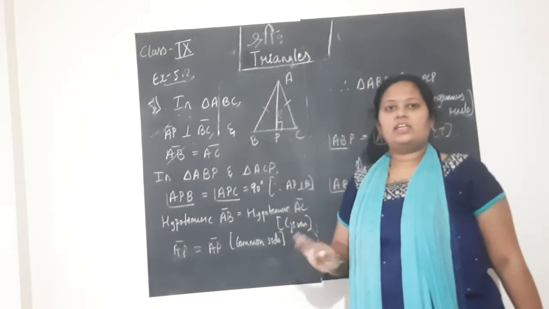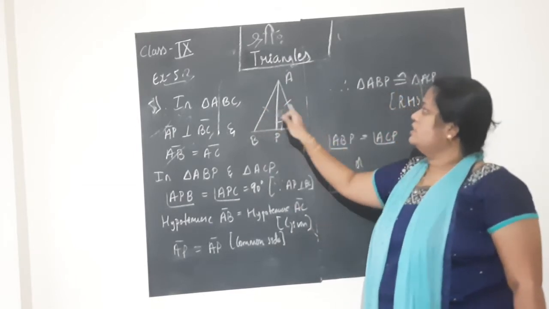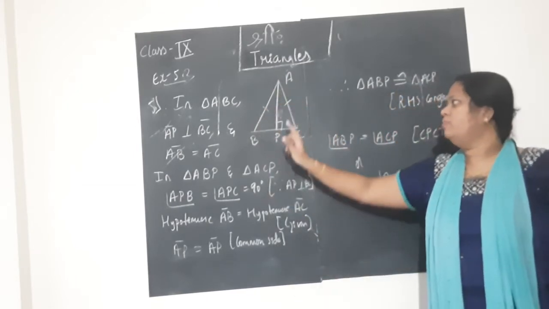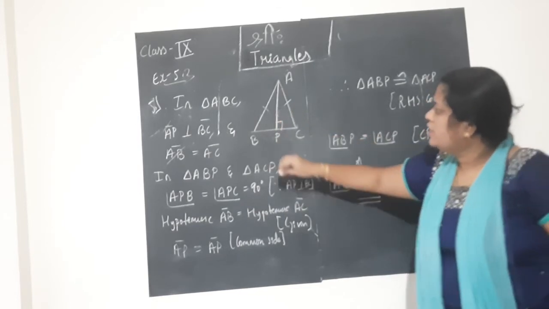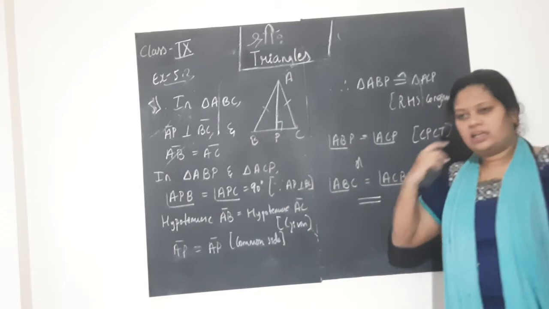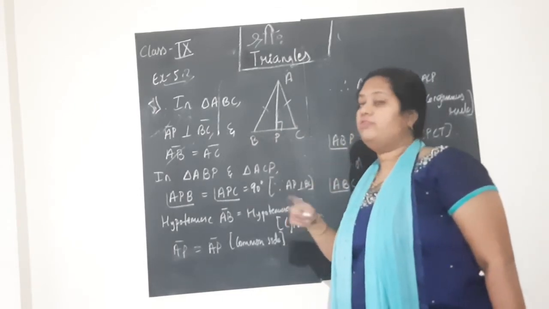Triangle ABC is an isosceles triangle, AB equals AC. That is the reason I have drawn these lines. AP is perpendicular to BC and angle P is clearly 90 degrees. Now we need to prove angle B equals angle C. This type we have already solved once previously in this lesson, if you recall.